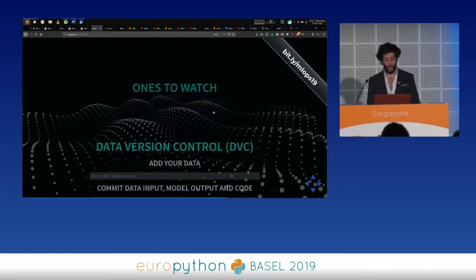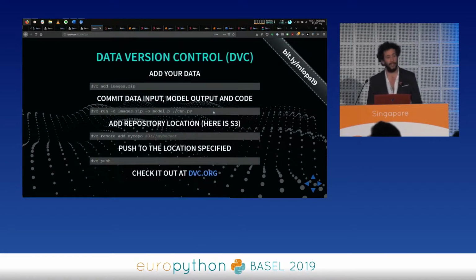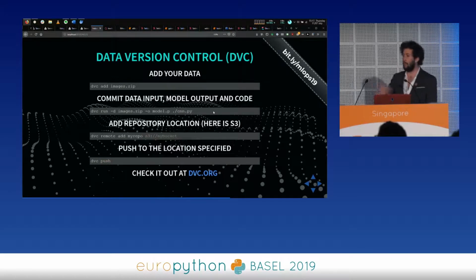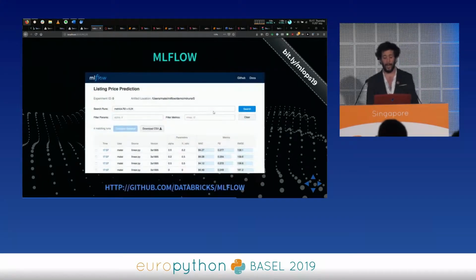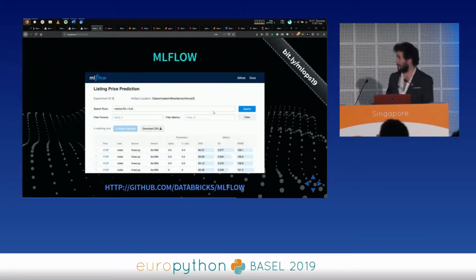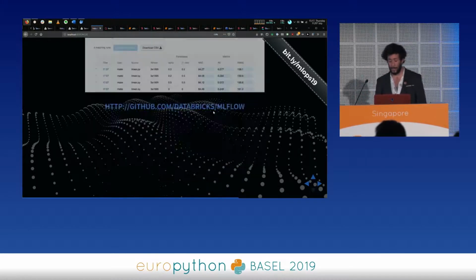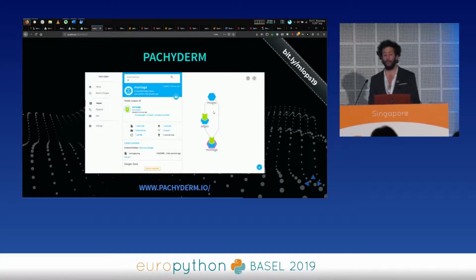And other libraries to watch: data version control, DVC. They're basically a Git-like CLI that allows you to run the usual commit, push workflows, but for those 3 components of your code, configuration, data, etc. Another one is MLflow from Databricks, and this focuses on experiment tracking. We actually have some examples where we integrate. And Pachyderm, which dives into full compliance. So as you can see, the ecosystem of this is so broad, but at the same time super,